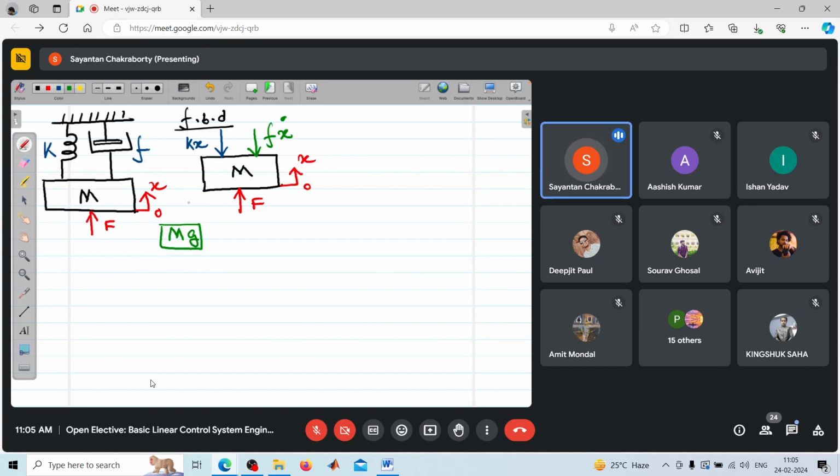From the point of view of equilibrium, the mg component is already being taken into account. So once you develop the free body diagram, the mg component need not be considered. Now if I write down the force equation, applying Newton's law of motion to the free body diagram, you can write F minus f x dot minus kx, or rearranging,